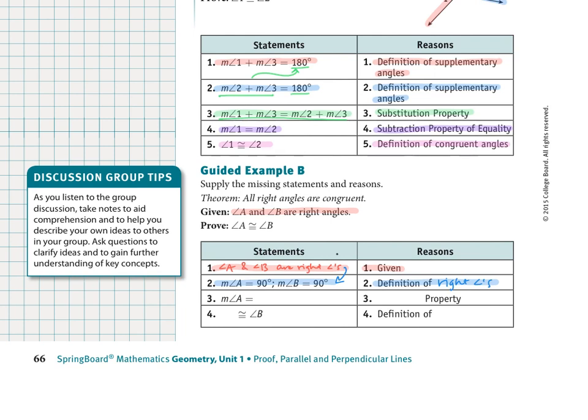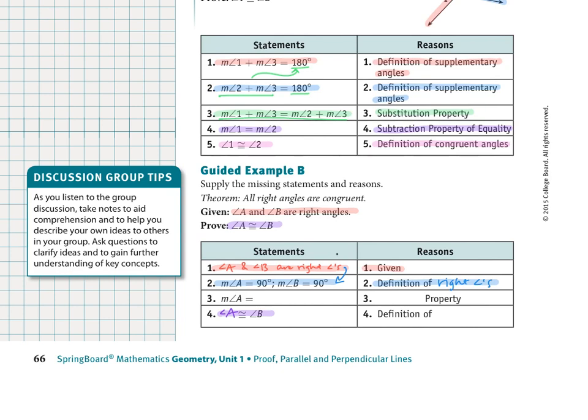Whoa, okay, this says both blank. Okay, well, maybe what we could start thinking about is that ending statement, right? We want to definitely end on the idea that we want to prove. So think about how we want to prove angle A is congruent to angle B. I know that's going to be my final step down here, but I'm not necessarily sure what the other blanks are. So I kind of got to work backwards a little bit